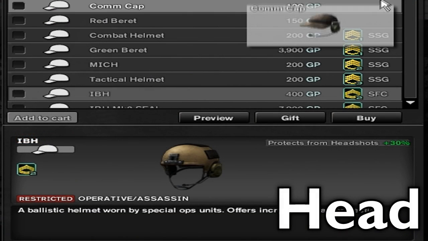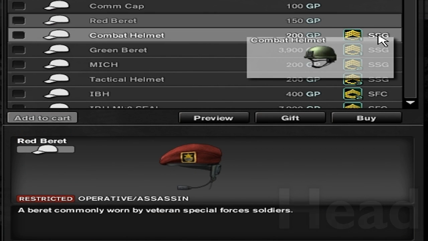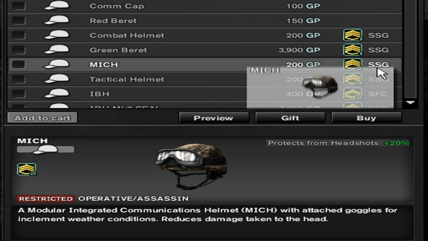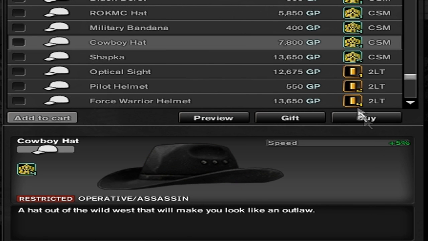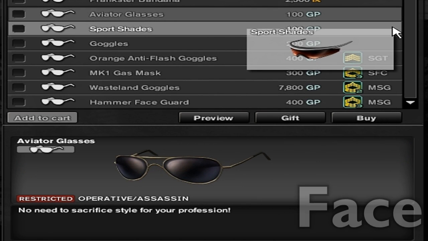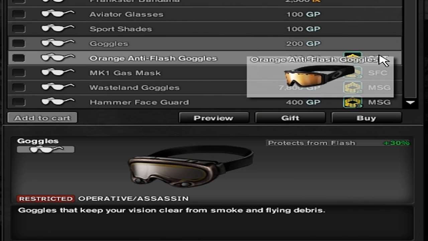The first type of gear I'm going to be talking about today is head. Now, for low ranks, keeping in mind that you have a very tight GP budget, there's nothing that would give you a very significant boost to your speed. Later on at Commanding Sergeant Major ranks, there are many items that you can use, but for the low ranks, there are generally none, so I'm not going to talk about it in this guide. Now, face goes along the same lines as head, so I'm just going to skip onto the third one,